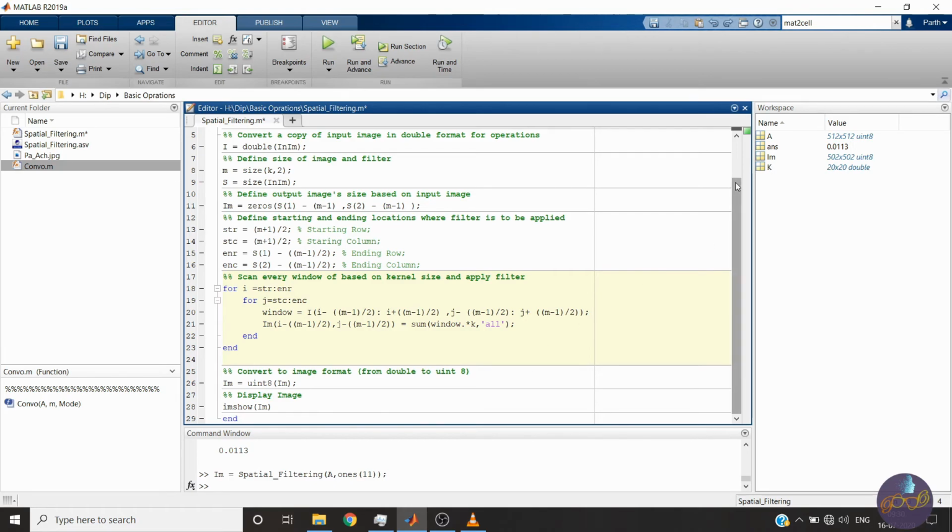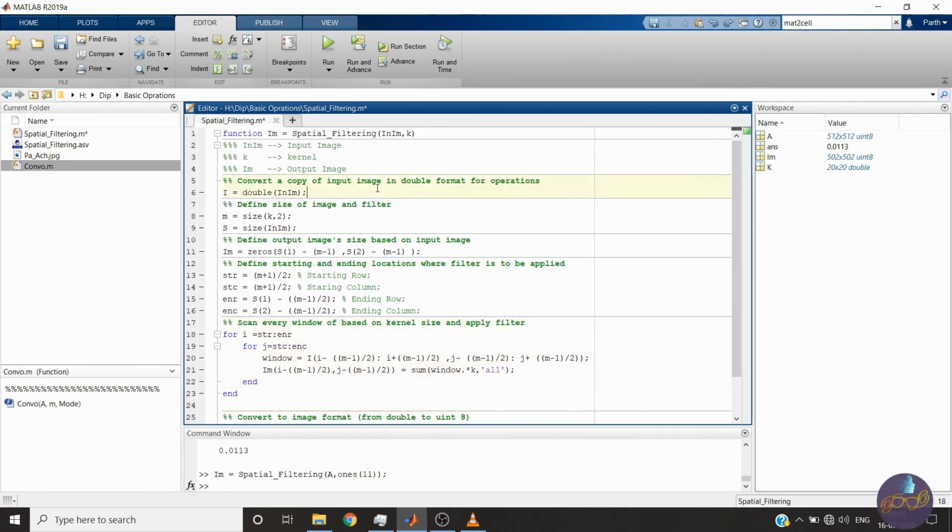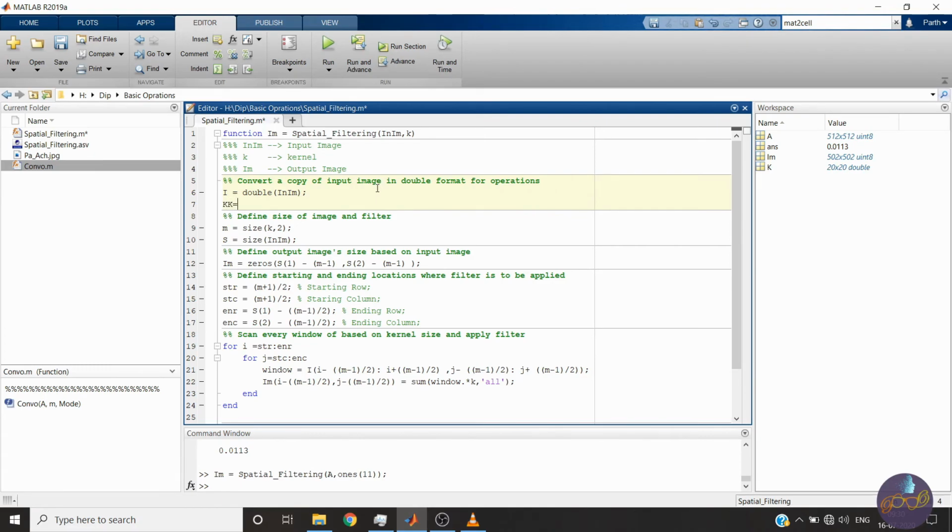So if I write a single line here, k equals rot90, it will rotate the given matrix by 90 degrees. So we will give 2. So it will rotate 2 times and it will be 180.